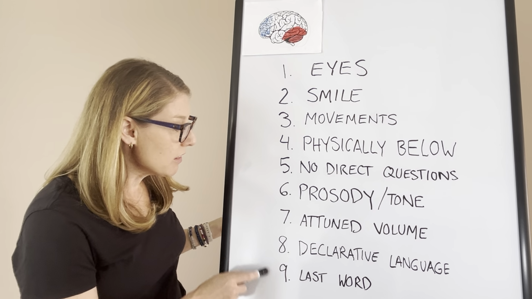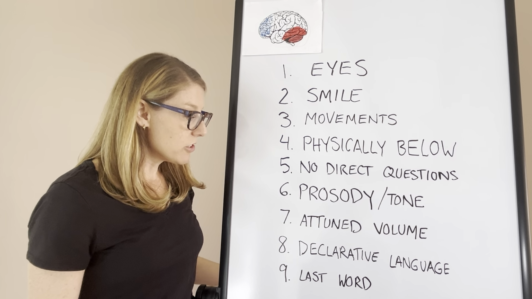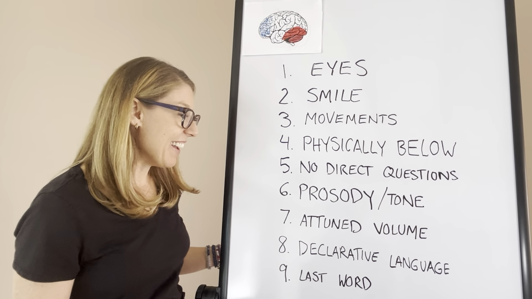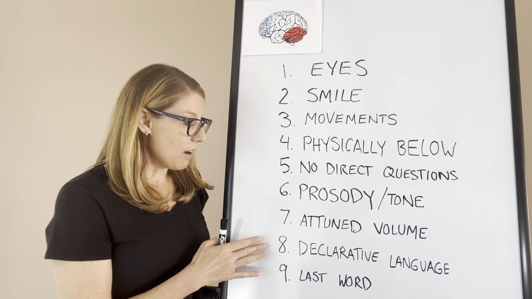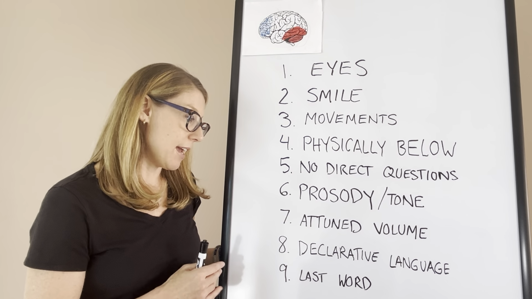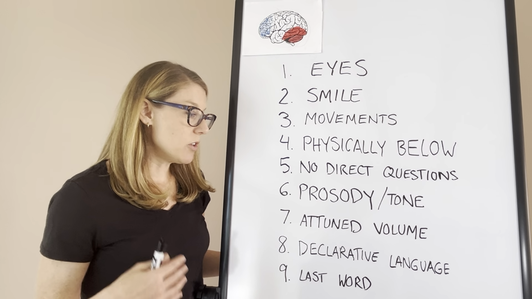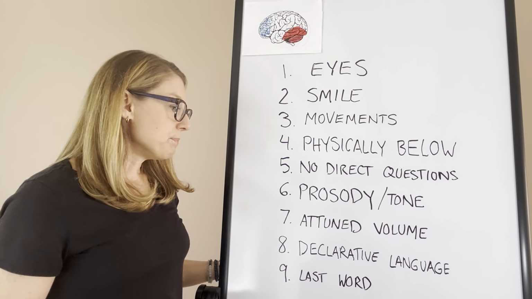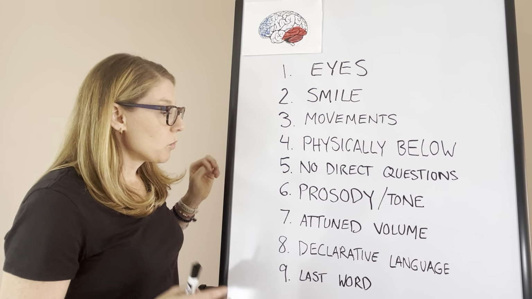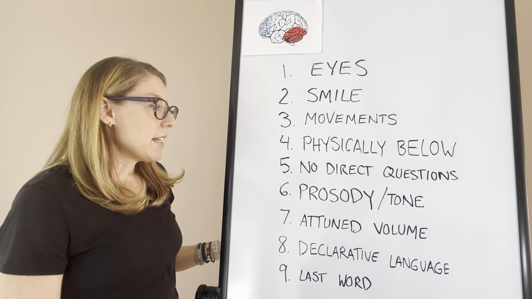Okay. The last two things to experiment with are declarative language and allowing your child to have the last word. Okay. So, declarative language, the book I would recommend for this is The Declarative Language Handbook by Linda K. Murphy. It's brilliant and it outlines how to do this. But just to give you an example and plant a seed, this would be, instead of those direct questions, we're simply making statements that are observational. So instead of saying,